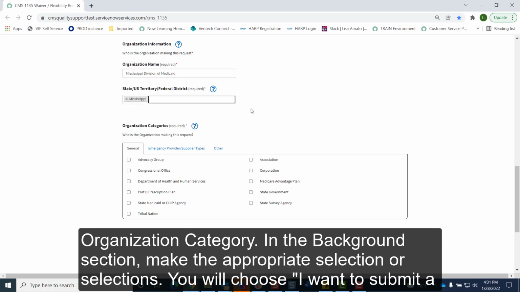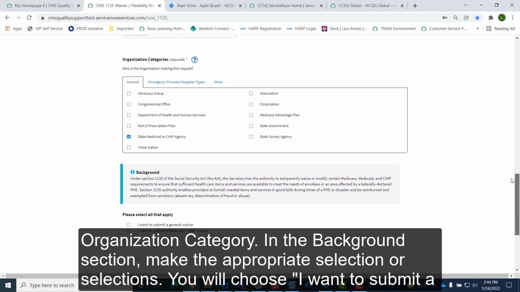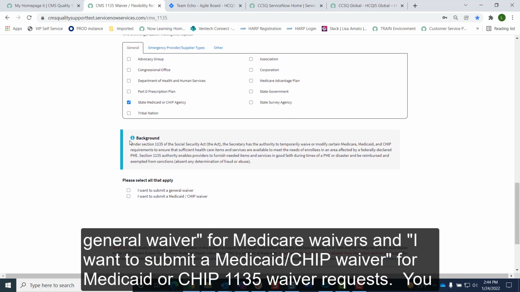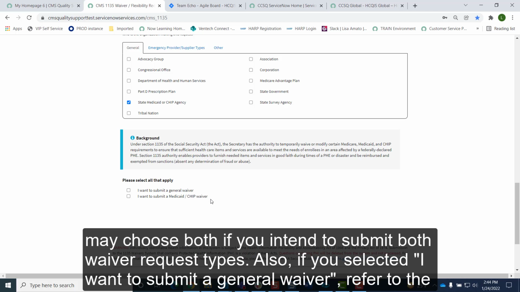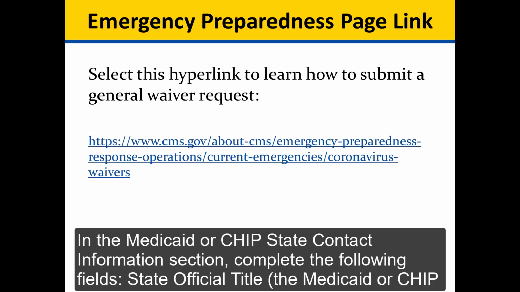In the background section, make the appropriate selection or selections. You will choose I want to submit a general waiver for Medicare waivers, and I want to submit a Medicaid/CHIP waiver for Medicaid or CHIP 1135 waiver requests. You may choose both if you intend to submit both waiver request types.